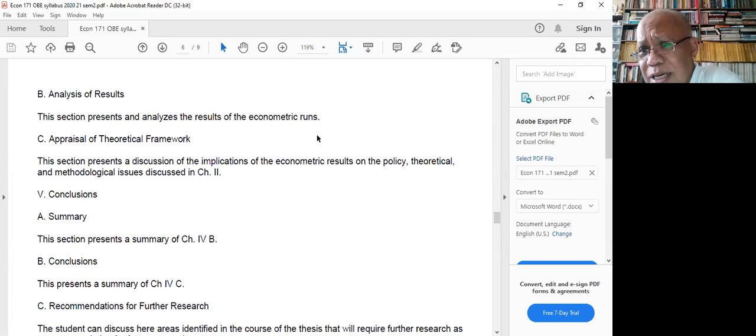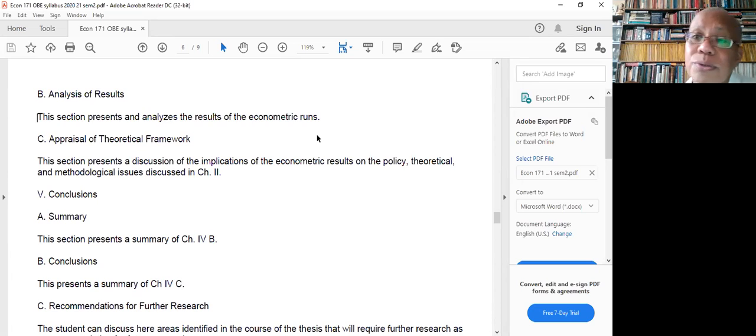Then you can also discuss what would be the implications of your results on policies that you discussed in policy issues. Okay. And also, you can also say there what results insofar as methodology is concerned. Like, for example, suggest the use of, say, three-stage least squares, or the use of more regional level data, or